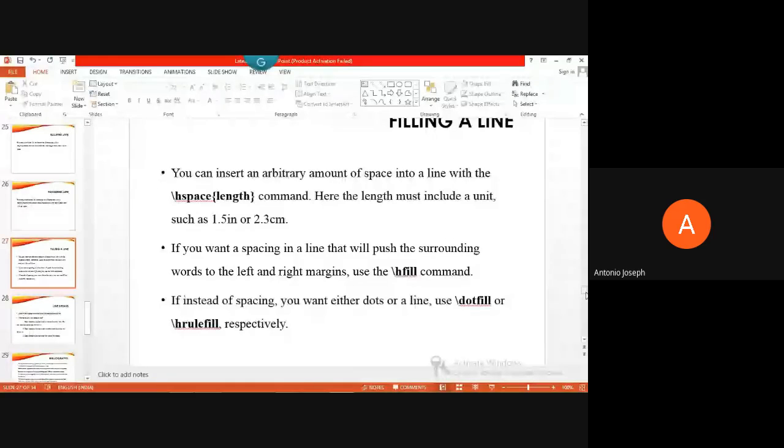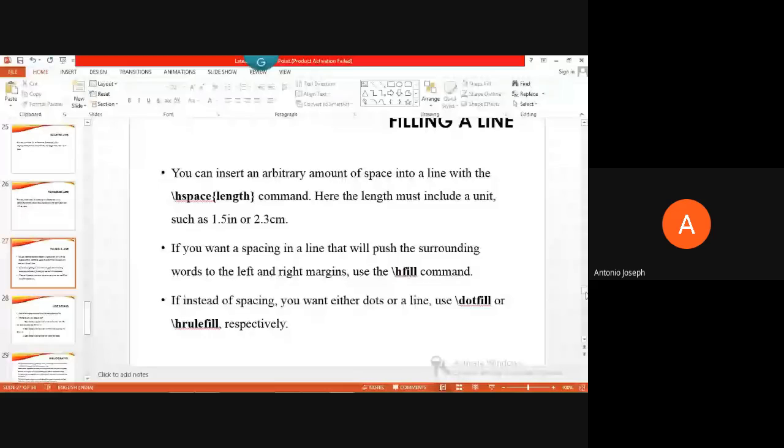We should keep some spaces in some lines, isn't it? In the case of a project report certificate with the signature portion, where you put your signature, there should be some horizontal space provided.